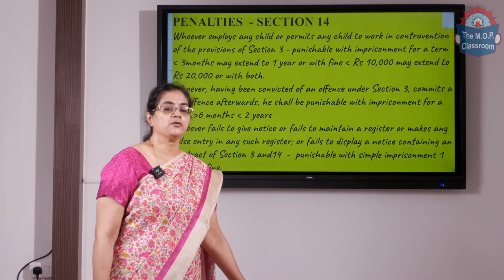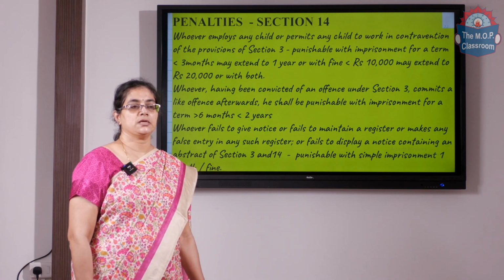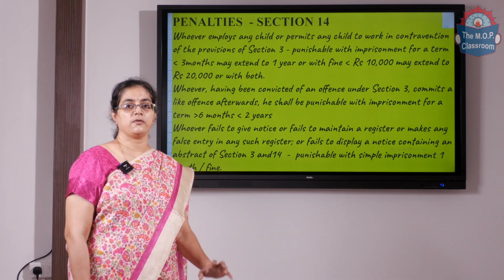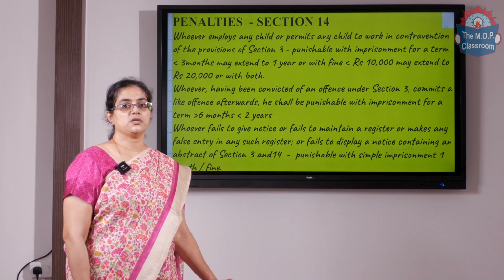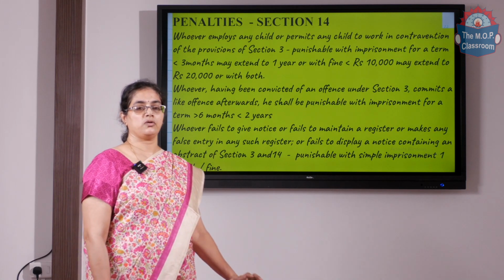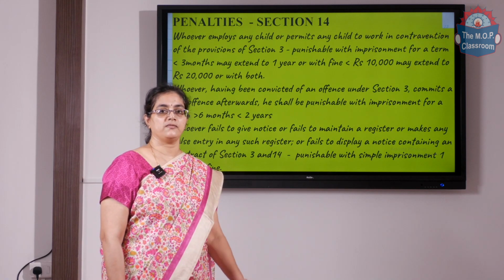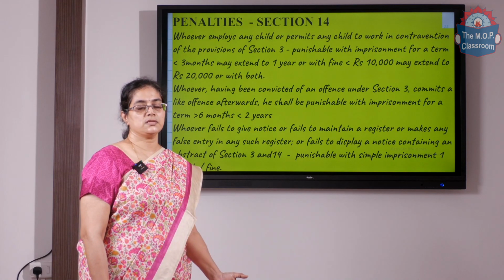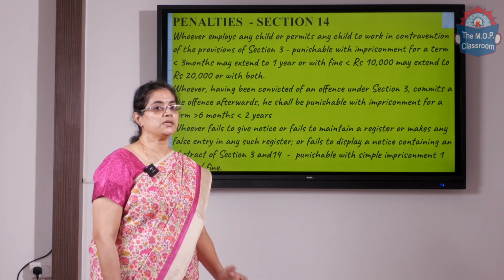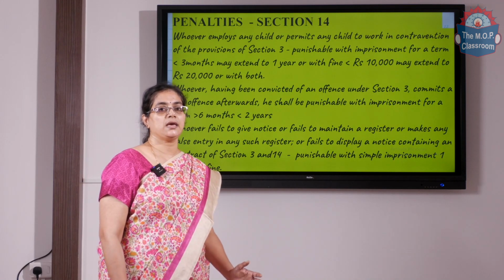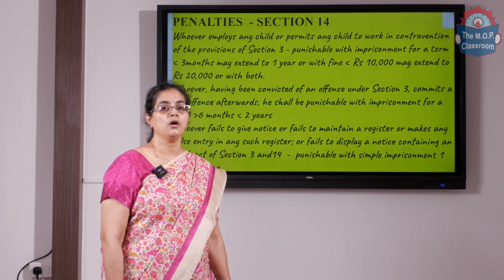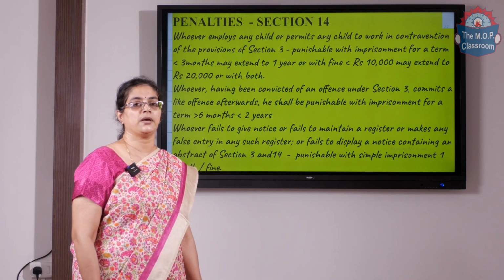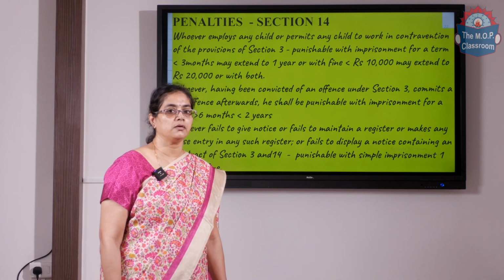Moving on to the last part of this Act, the penalties. We've looked at why there has been a necessity for enacting or bringing into force the Child Labour Act. We've looked at the important definitions, the important provisions, the regulatory conditions, and the various rulings given by the Supreme Court. Now let's move on to the last part, which says, in case these provisions are not adhered to, what are the consequences, what are the penalties that establishments and occupiers need to face if they do not adhere to the provisions of the Act.